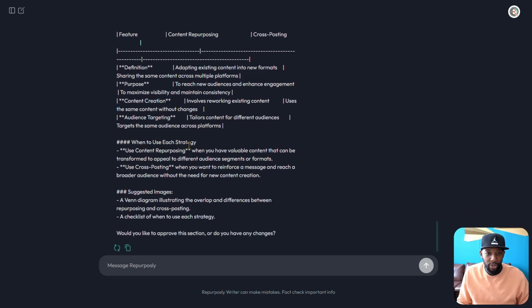Then here, when to use each strategy. It goes into that. It goes into when to use cross-posting: when you want to reinforce a message and reach a broader audience without the need for new content creation. For content repurposing, it's when you have valuable content that can be transformed to appeal to different audience segments